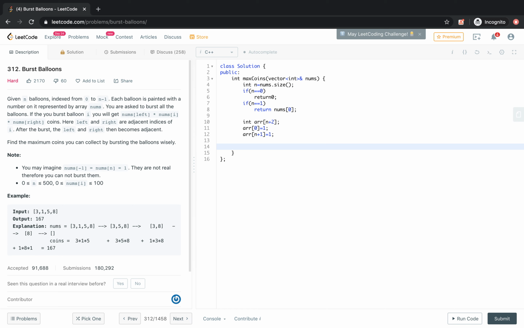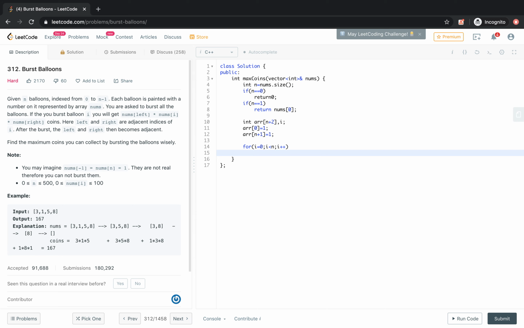Now we will copy the elements. For iteration we can have one variable i, from 0 while i is less than n, i plus plus.